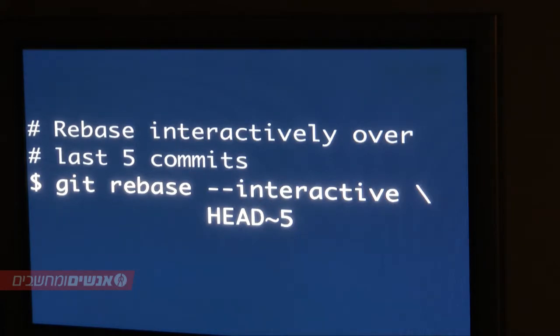Now, one of my favorite things to do with rebasing is using interactive ones. If I notice that I've done some crazy things in my commit history and I haven't pushed it anywhere yet, it's really awesome to use an interactive rebase. There I can take commits and squash them together, or amend them, change a few features, things like that. This will take the last 5 commits, and we can rebase interactively on it.